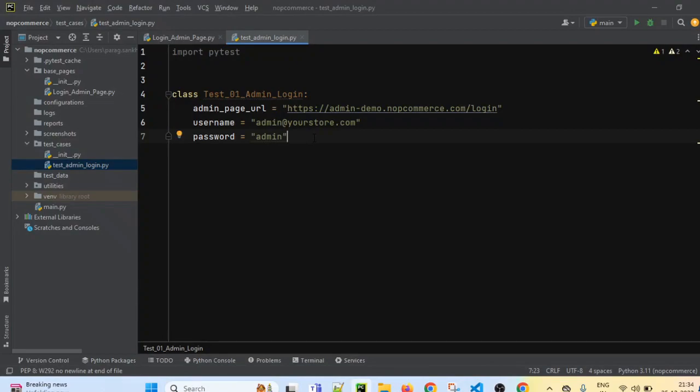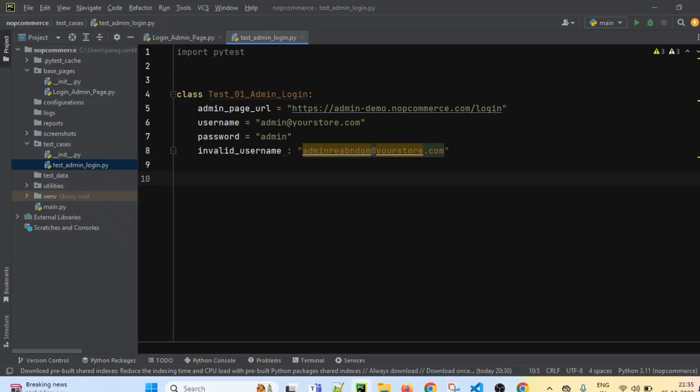And we are going to perform one test case for invalid login as well. So I will create one more invalid email. Let's say I'm just going to pass this invalid username, intentionally, to check if we are getting the error message or not. If I pass some incorrect email ID, then it should not allow me to log in. That is a negative test case. So I'm just passing admin random, some incorrect email ID. Now these are the 4 variables which we have created with some values.